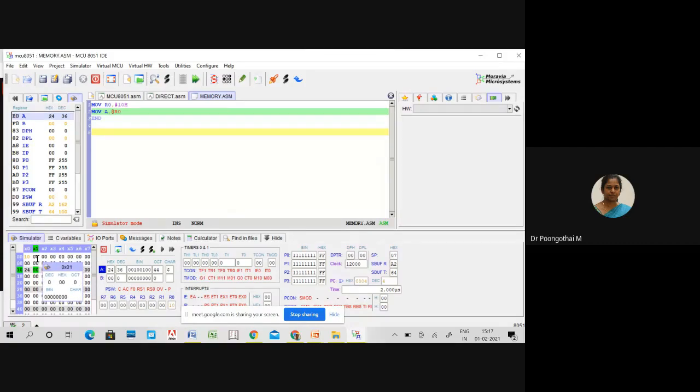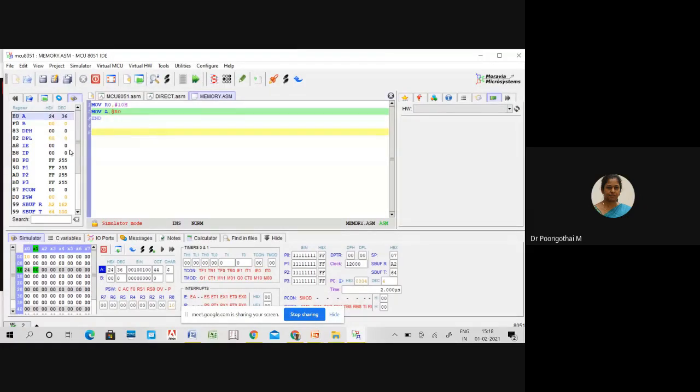Here from 8 to F. After that, the internal memory address 10. This is your 10. So what instruction have we used here? MOV A, @R0. What is the R0 content? 10. Is that clear? I have to load the data at 10 into the accumulator. For that, I have to give an input at 10, so that it is transferred to the accumulator. Understood? This is the internal memory. 10 is in the internal memory.